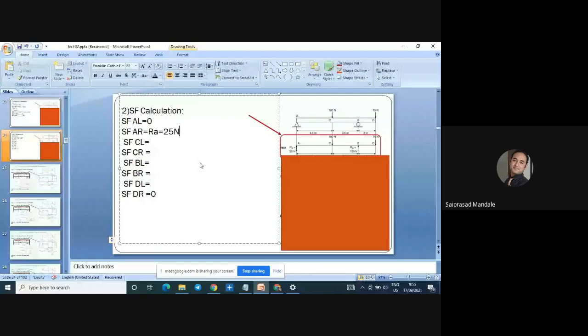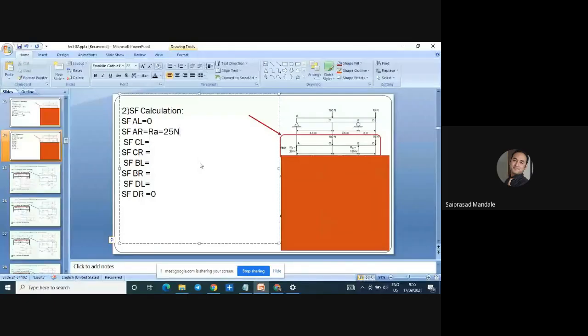Divya, can you tell me? Okay, so many answers. Divya, she has given answers. Sahil Dangi, Rushikesh Shahir, Kalyani, very good. So look at the figure and tell me the answer for shear force at right to the A. It is 25. Perfectly correct. Divya. Great. 25 Newton. Very good.